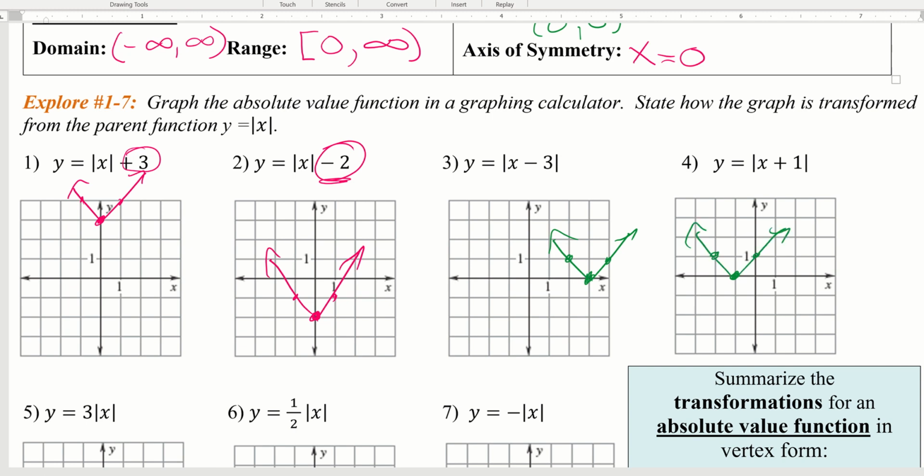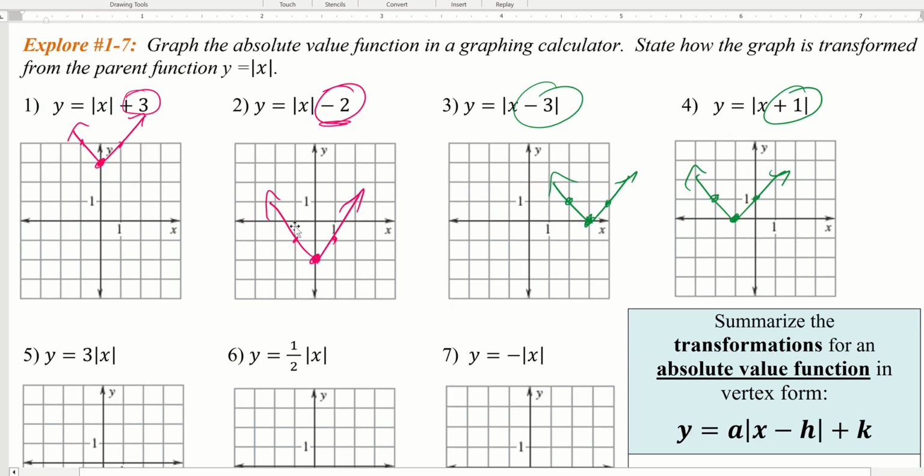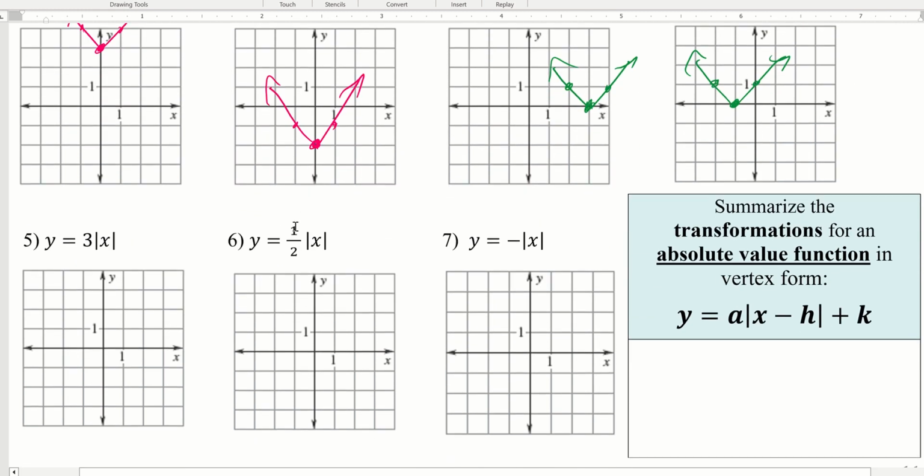So there's those two, right? So what can you tell me if the number is inside of the absolute value? You should be able to tell me kind of two special things about that, okay? Now, if it's